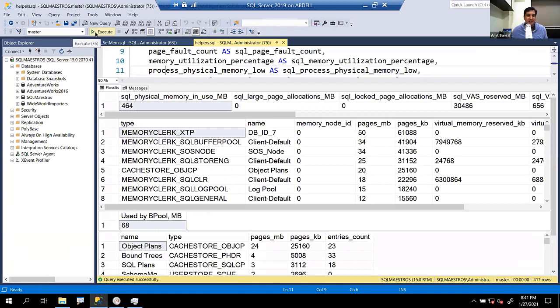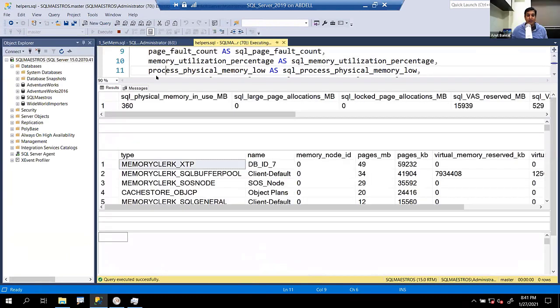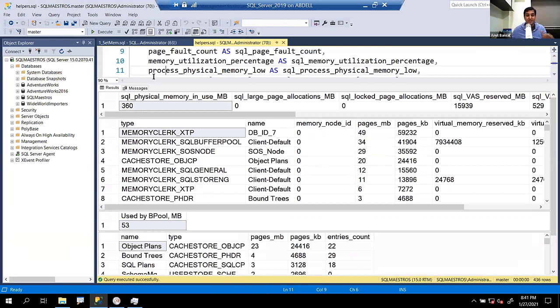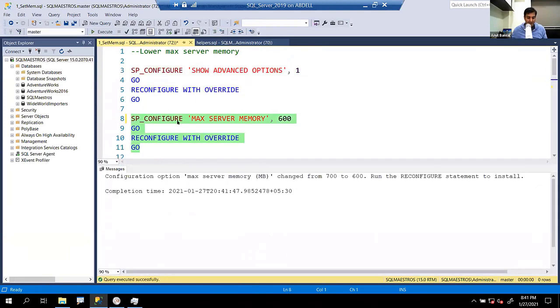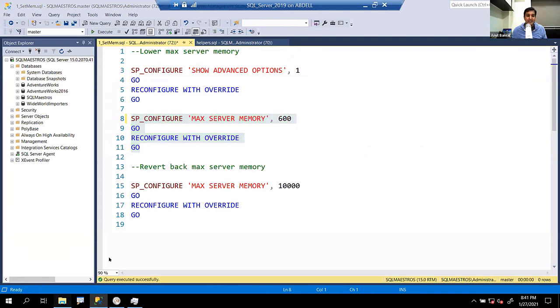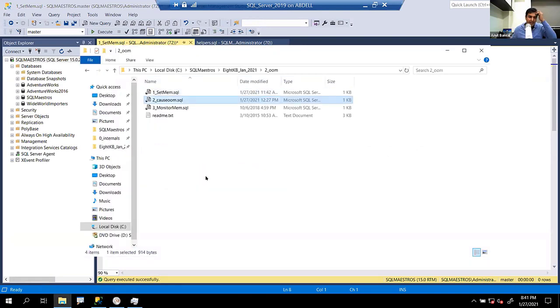Thanks, Andrew. So let's look at the helper DMV now. Where are we? We are at 360 MB, and this is much less because max memory is set to 700 MB already. And I'm going to change this from 700. Let's put it to 600. So we are going to show advanced options. That's already turned on. Set max memory to 600 MB. We have done that. Now 600 MB is max, and we are going to cause another round of